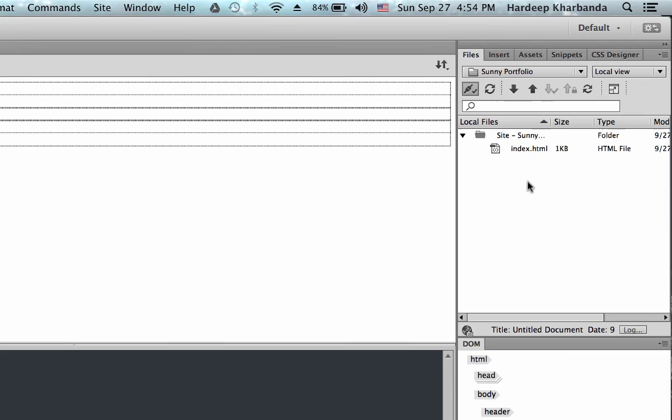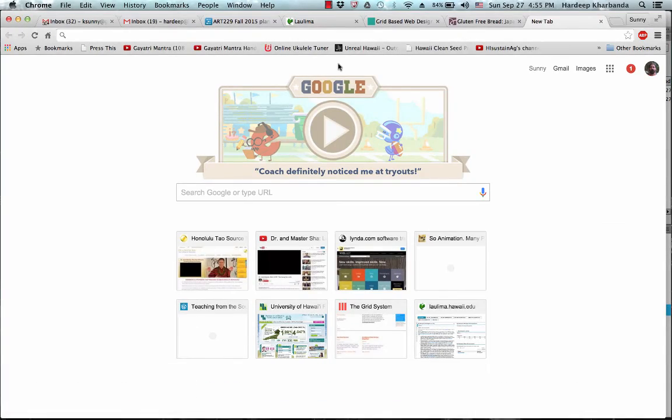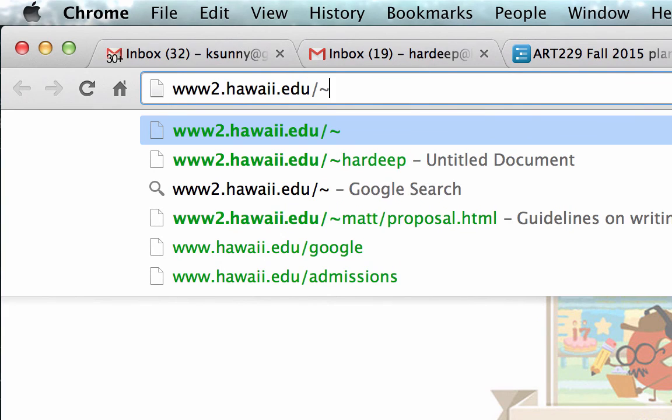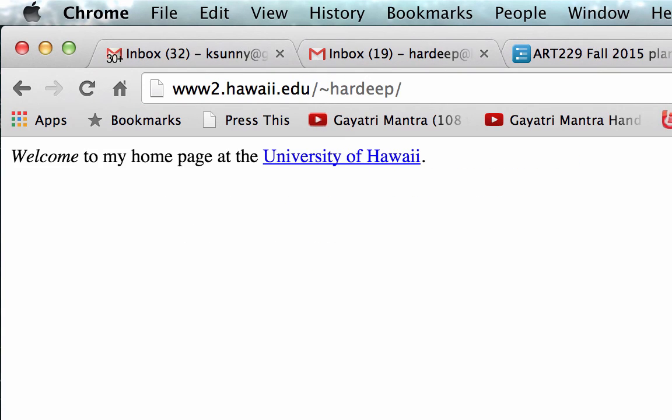Now this will actually take this HTML file I just created and transfer it to the web server. Before I do this, let me show you what my site looks like. Now this is what my site looks like because I freshly set it up and it doesn't have any content yet.